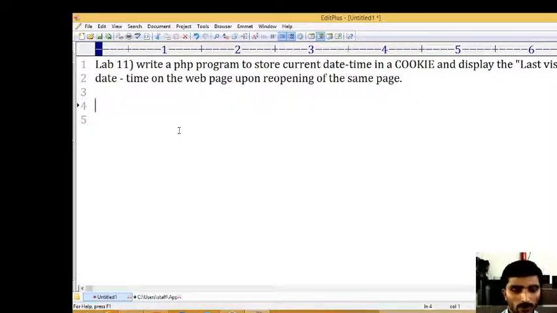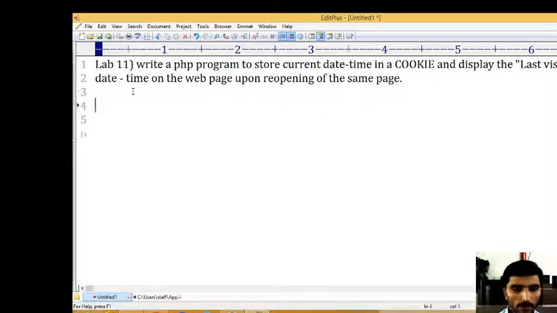So I want to write this code. How to write? Where do you have to write? See, there is an editor. In the editor you can write the PHP program. This is a little bit different from JavaScript, HTML, Java and C programs. This is also a programming language.